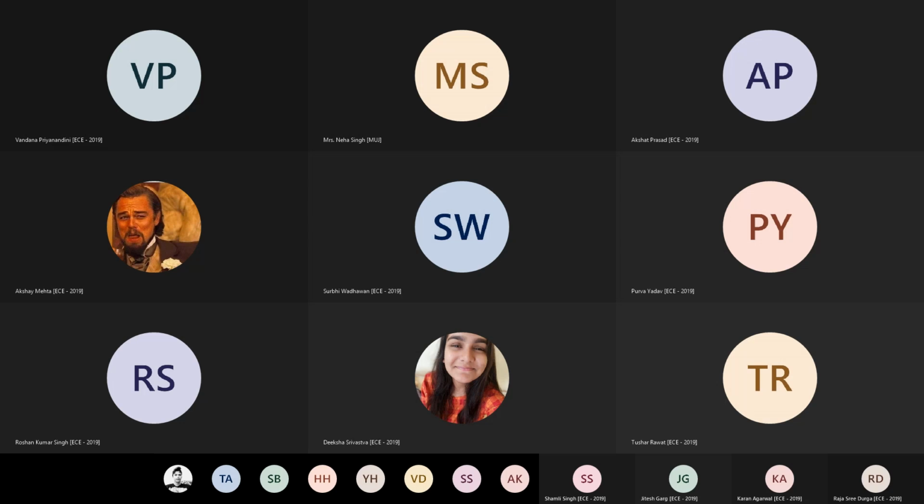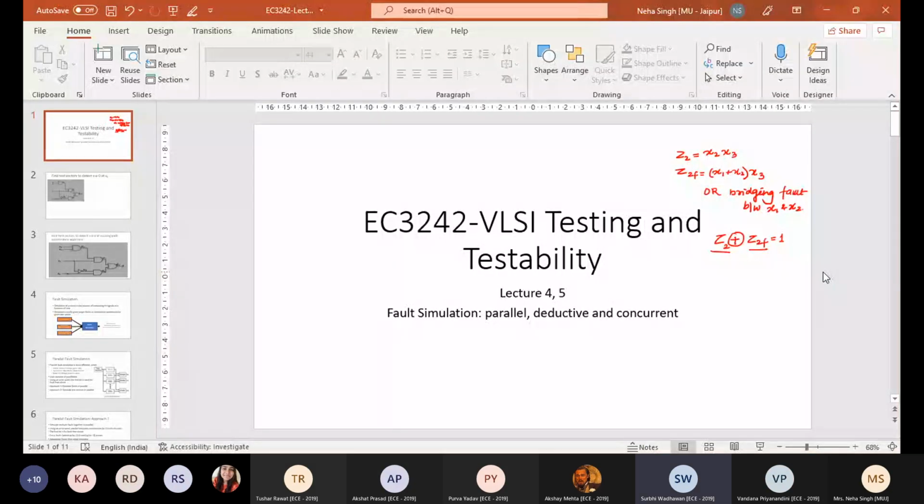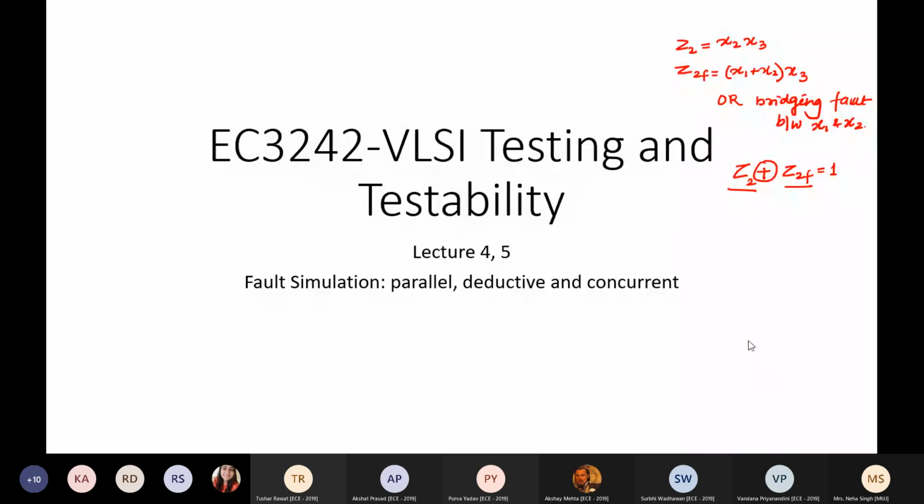Is it okay? The screen and the voice? Yes, ma'am. Okay. So yesterday we were doing this question where Z2 was actually fault free, given as X2, X3. And if you had the bridging fault between X1 and X2, the expression for Z2F was given like this. You were required to calculate the test vector which will test this fault at Z2